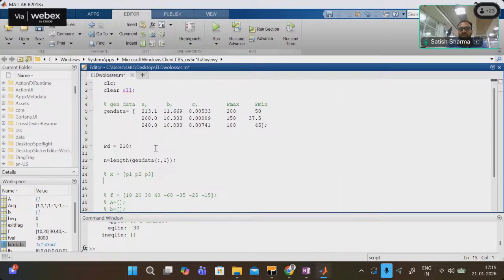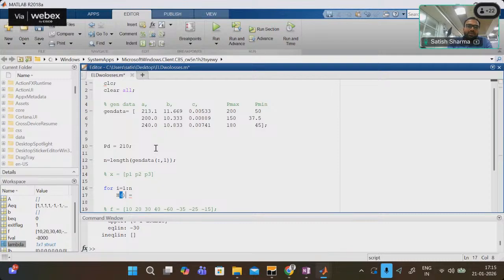If p1, p2, p3 is there, I can define x and h from the quadratic programming problem. Let's define it. For i equals to 1 to n, and I can define h equals to,